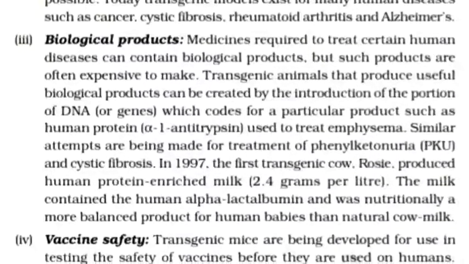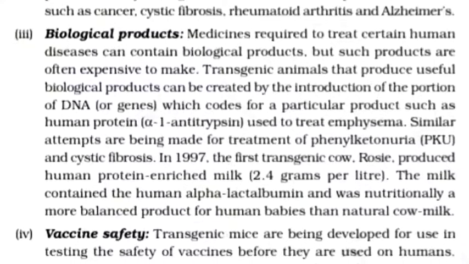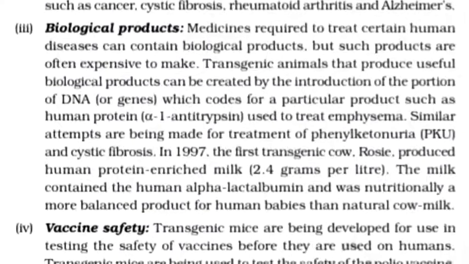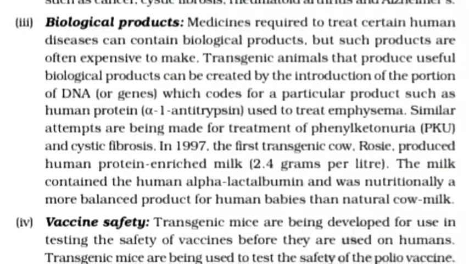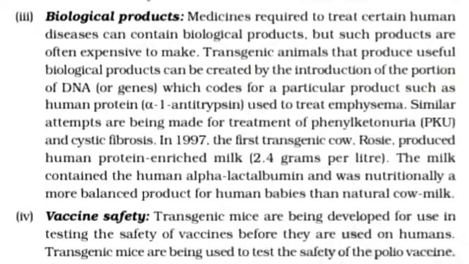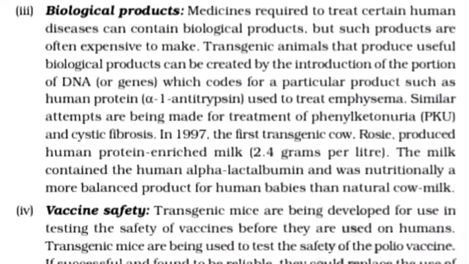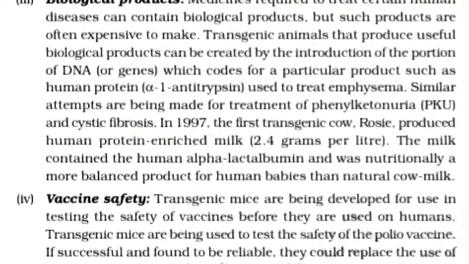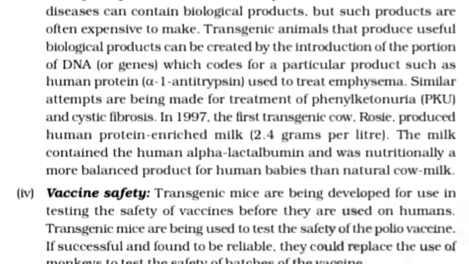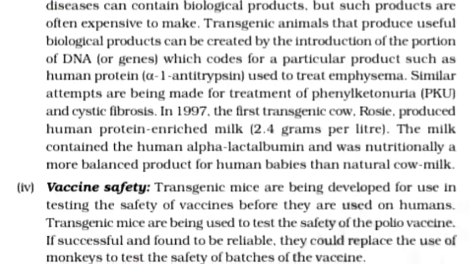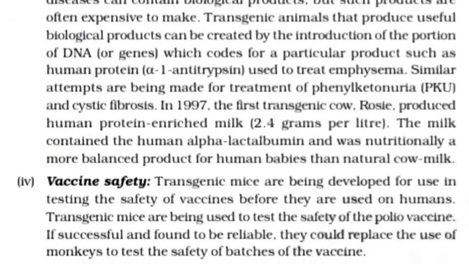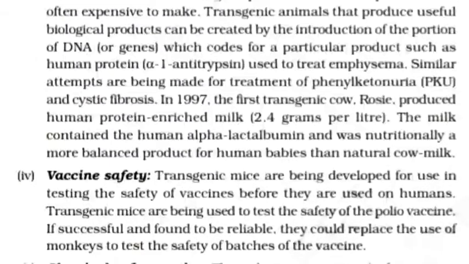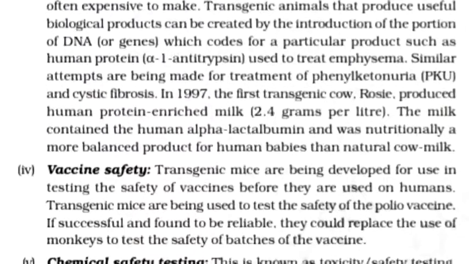3. Biological products. Medicine required to treat certain human diseases can contain biological products, but such products are often expensive to make. Transgenic animals that produce useful biological products can be created by the introduction of portions of DNA or genes which code for a particular product, such as the human protein alpha-1 antitrypsin used to treat emphysema. Similar attempts are being made for treatment of phenylketonuria,